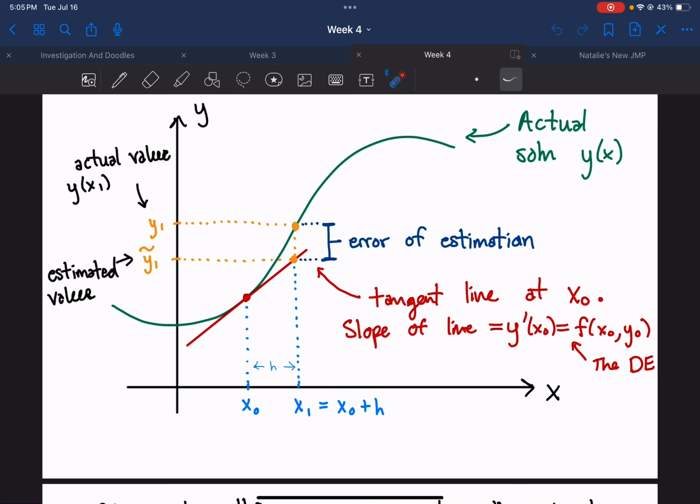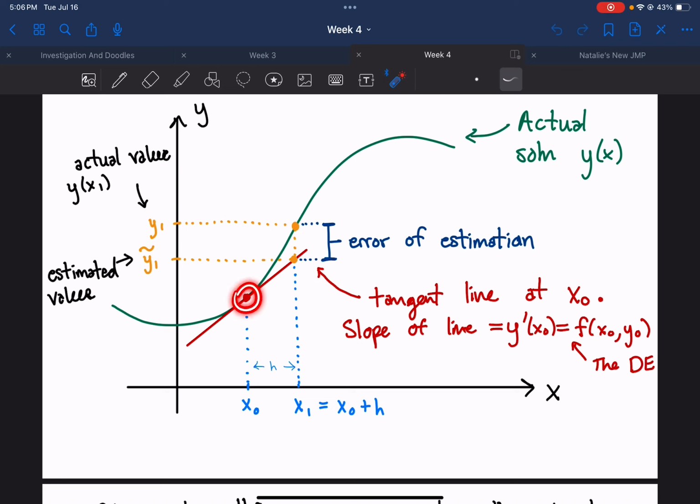Now the question is, can we approximate the value of y at some point x1? Can we approximate this red dot up here, which is the value of the actual solution at some other point x1? So this y1 is the actual value of y at x1. If you start at x1, you go up to the function y, and you go across. This is the true value, y of x1. However,